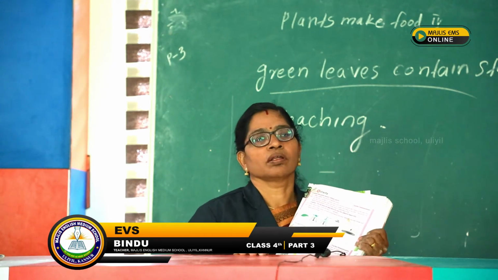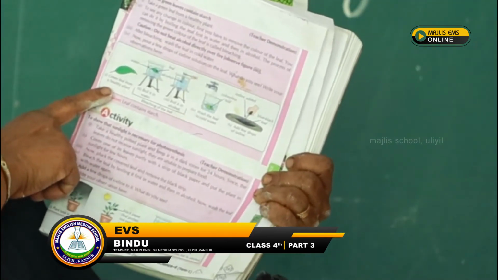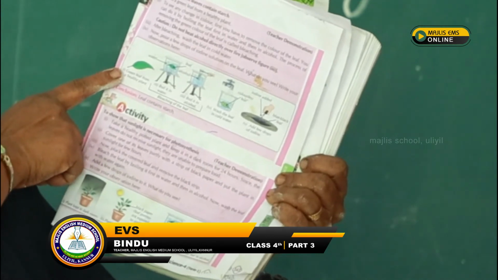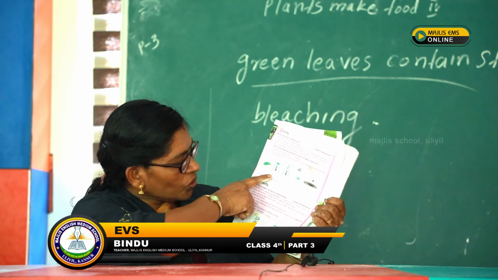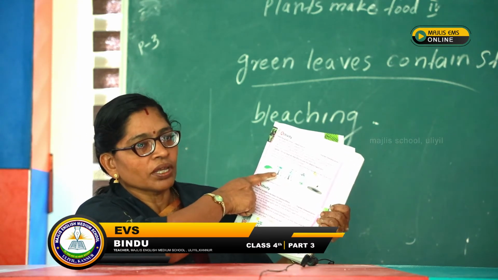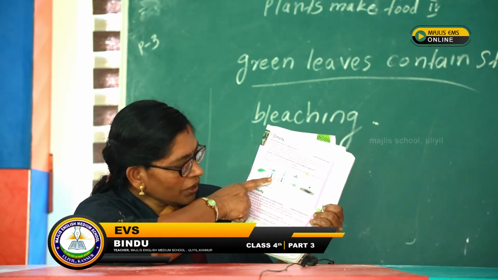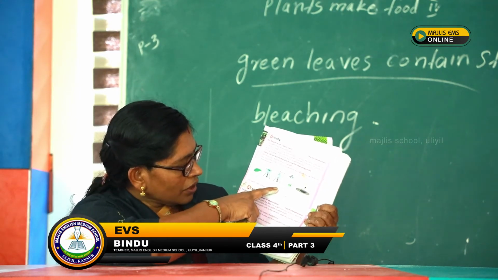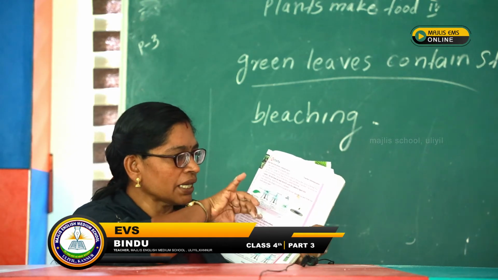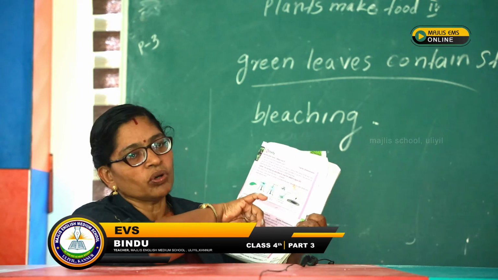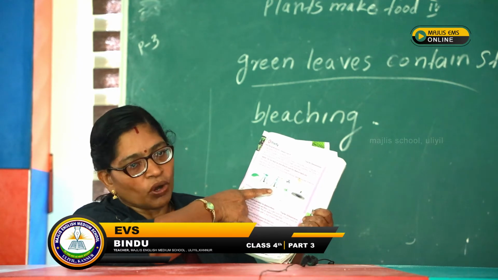Now, let us look at the leaf here. First you take a green leaf from a healthy plant. Do you see the leaf? Can you see these leaves? Okay. Then first you boil it in water. Here you look at the leaves, boil them in water. Then you boil it in alcohol. Do not heat alcohol directly over the fire. So, for alcohol, you take a test tube, put the leaves in it and then boil it.